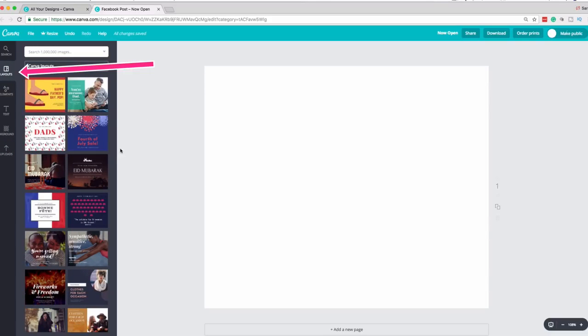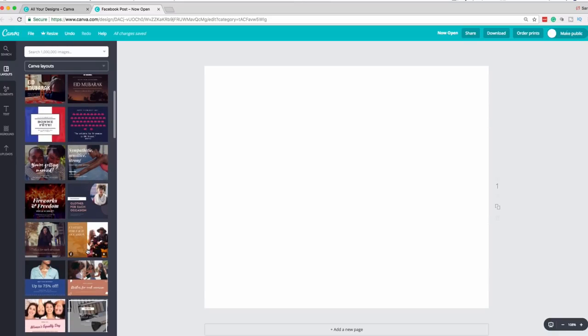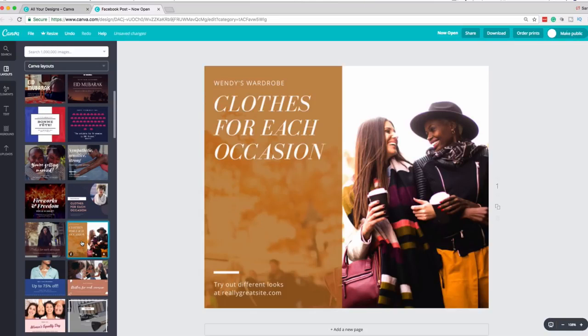With layouts, we have designs that Canva have provided or designers in Canva's marketplace have provided. And you can see as I hover over some of these designs, it has a little $ on it. And this means that it has a paid element